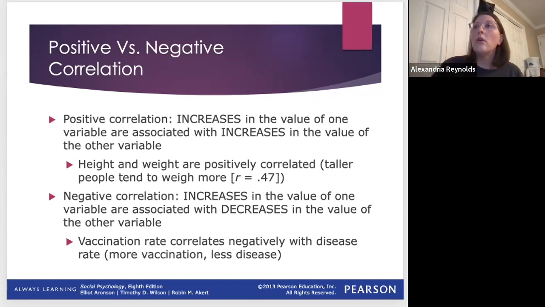An example of this is that we know that height and weight are positively correlated. If we look at this r right here, notice that there's no sign in front of it. So we assume it's positive. We could put a plus there, but generally, if there's no plus, we assume that it is positive. And the positive part of this r tells us that it is a positive correlation and the direction is